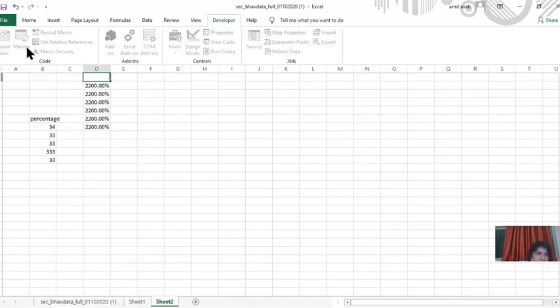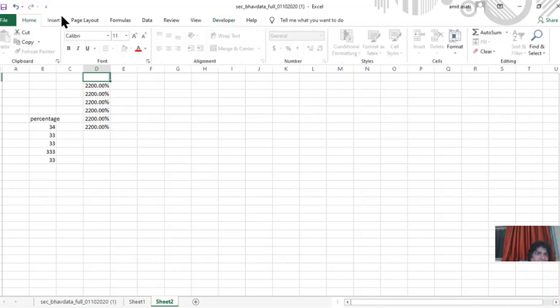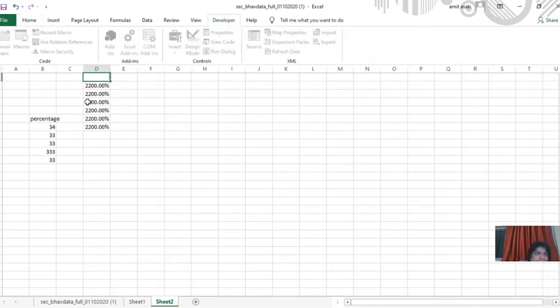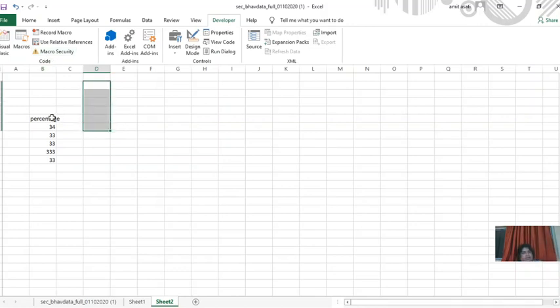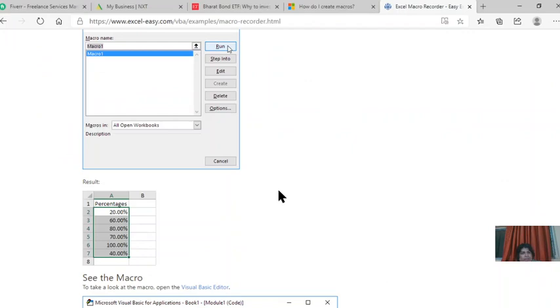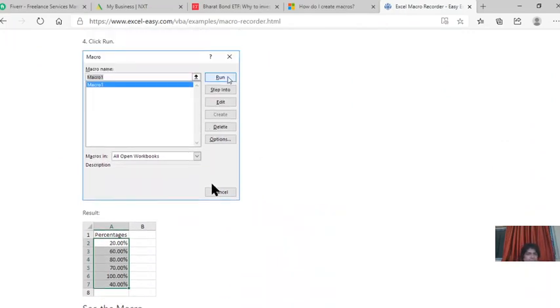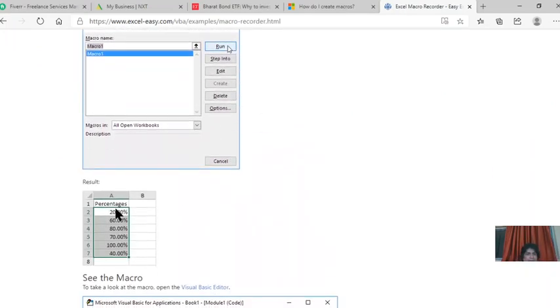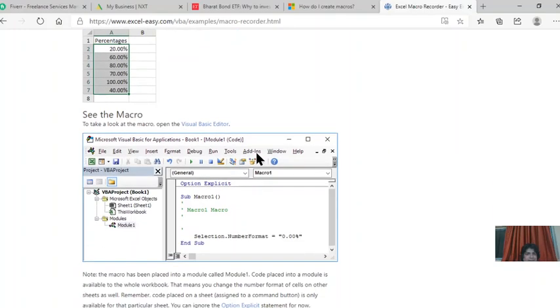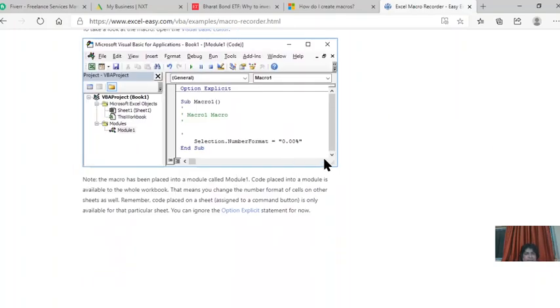and macro, we go to Home, Insert, Developer, and in the Developer tab this macro is recorded. Okay, we understood a little bit. And the macro run result is percentage, and the object macro selection numbers.